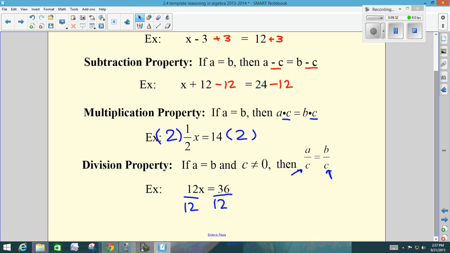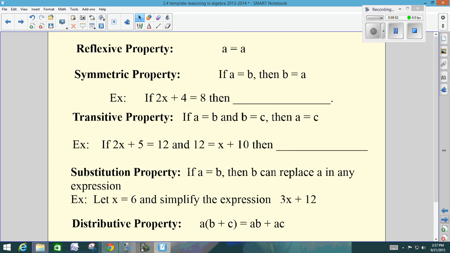So on your homework today and through our notes, we're going to solve algebra problems, algebraic equations. And then on the right side, we're going to put, I use the addition property. I use the subtraction property. I use the division property. You're going to have to actually not only show your work, but tell me what work you're doing. We have more properties hanging on here. These next three,